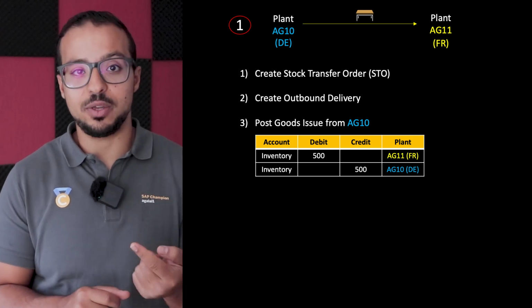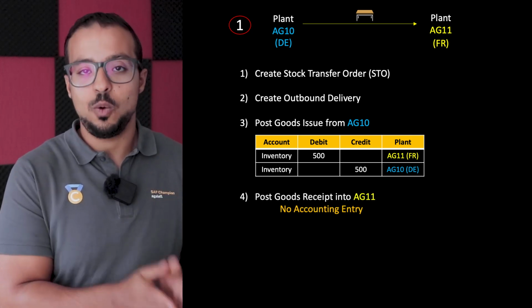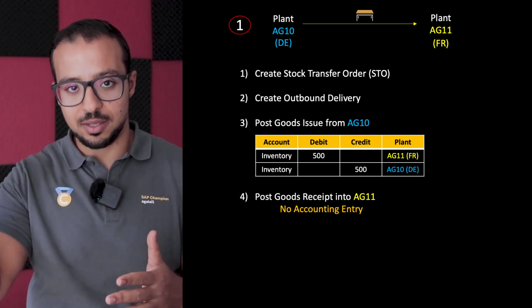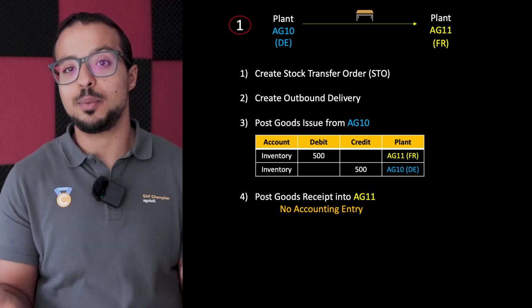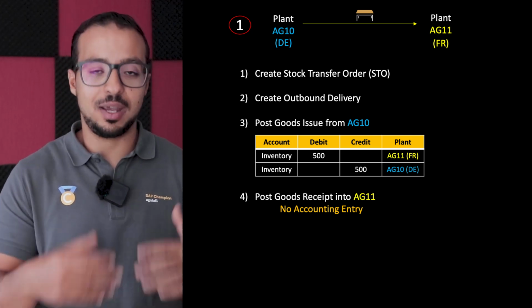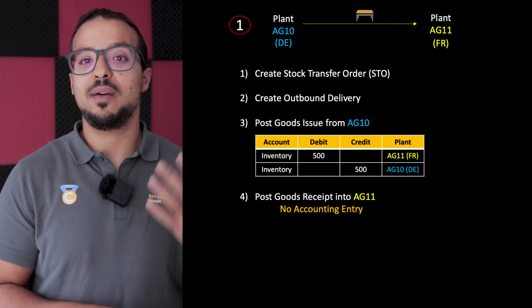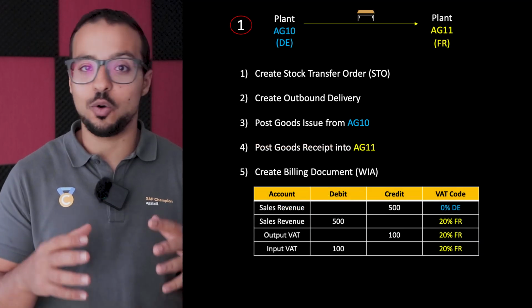So the step after this is to post a goods receipt in the plant in France. Once we do so, the material management reports will reflect that this quantity has been received in France. And the goods receipt step has no accounting impact because the accounting impact has already been reflected when we did the goods issue. Then we have the fifth and final step, which is posting a special kind of billing document